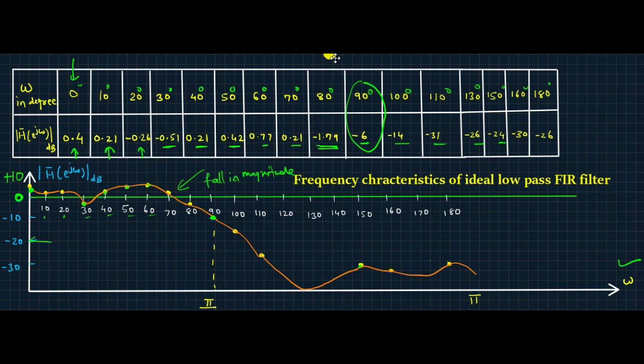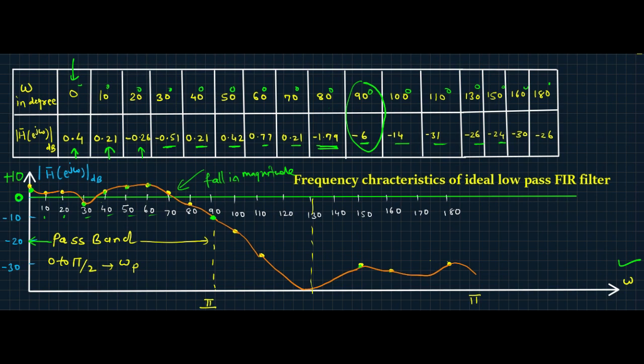So this band is called the pass band of the filter. What is the pass band of the filter? It is 0 to pi by 2. This is called the pass band cutoff frequency. Below this, we have the magnitude response, and above these frequencies, from this to this, 130,